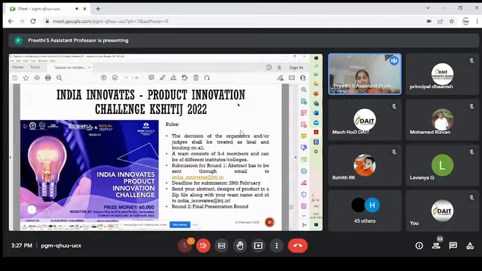In your presentation round, if you're selected for round two, you have to present your working model or prototype in front of the panel. And if the panel is really happy with you, the prize money is 60,000 for your startup or for your product. So do utilize all these innovations and challenges